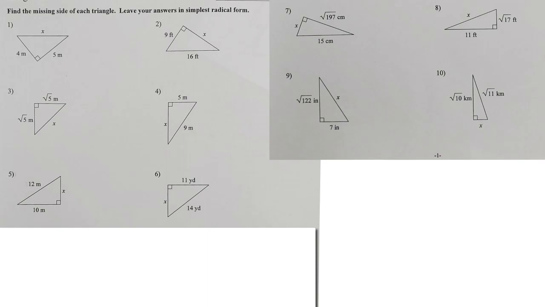Alright guys, today I'm going to go over the last part of the area perimeter Pythagorean theorem worksheet. Remember, all of this is going to be a squared plus b squared equals c squared. And we're just going to solve everything like that. So remember, what we're going to find out is c is always